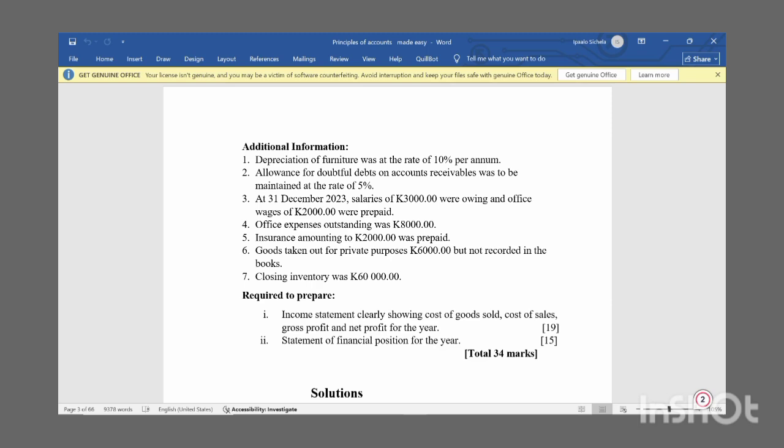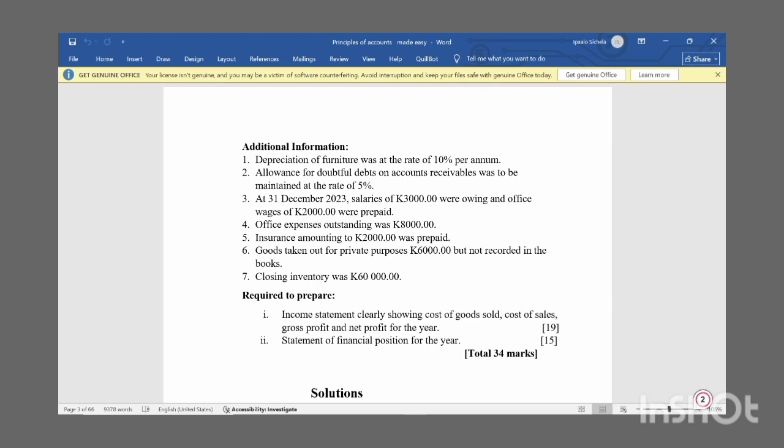So let's start by preparing the income statement, also known as trading profit and loss account. The first thing I would encourage you to do is always think about the title. Never write the title at the end. You are more likely to forget it once you write it at the end. Just write it before you even draw any tables. Oh yeah, in the exam you don't have to draw, but before you record any transactions, make sure you write